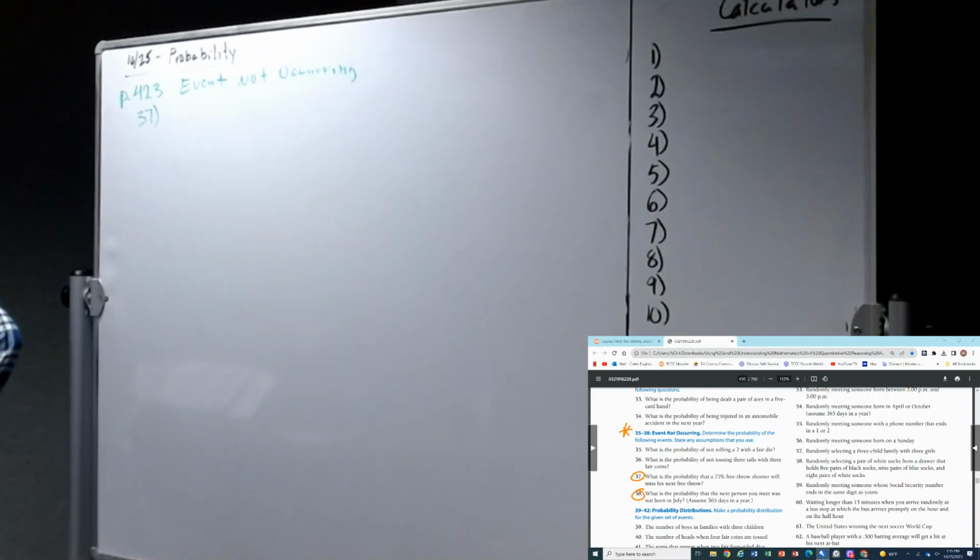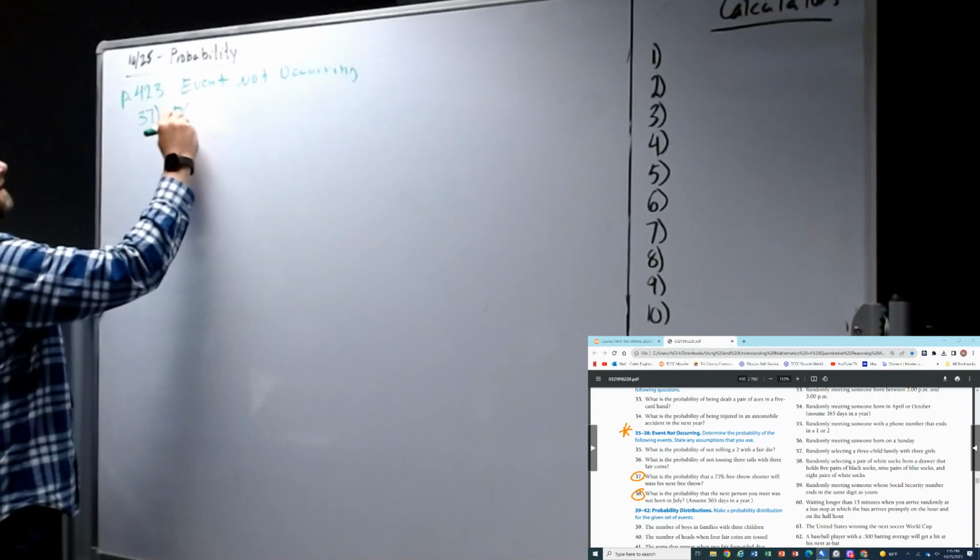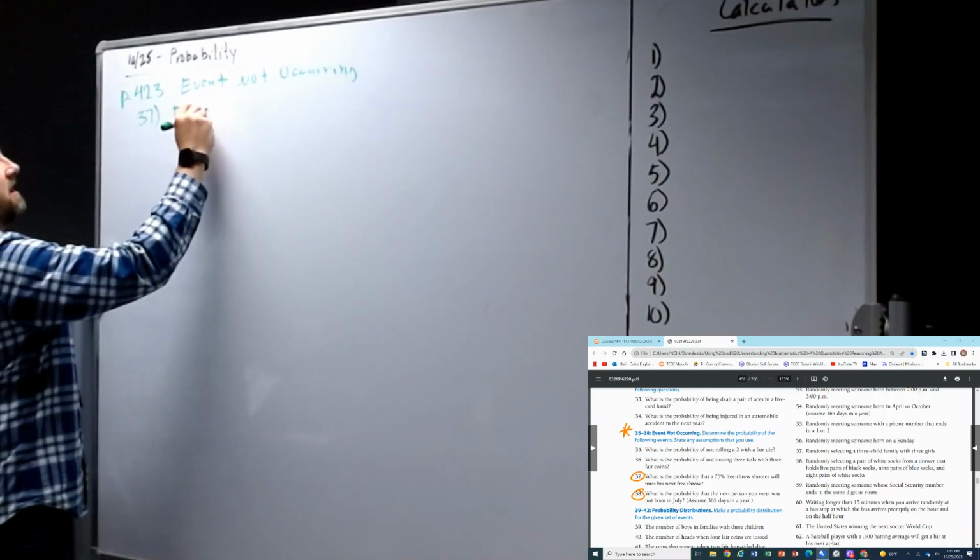I get it. This one's easy. But if you had this one on your lab and my instructions said there is still something that you need to show, well, then show how you put it into the event not occurring formula. Okay? So the probability of not A